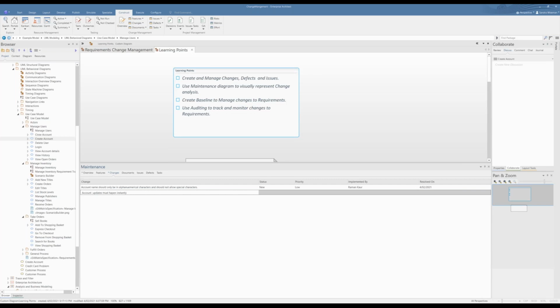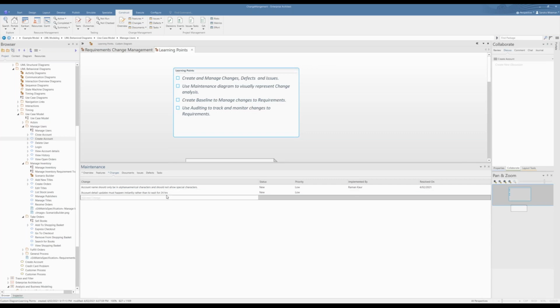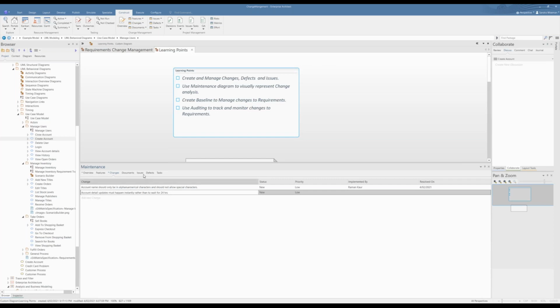Account updates must happen instantly rather than, let's just assume, waiting for 24 hours. Just a hypothetical situation, so I'm just making this up. So this is a particular change. This could also be